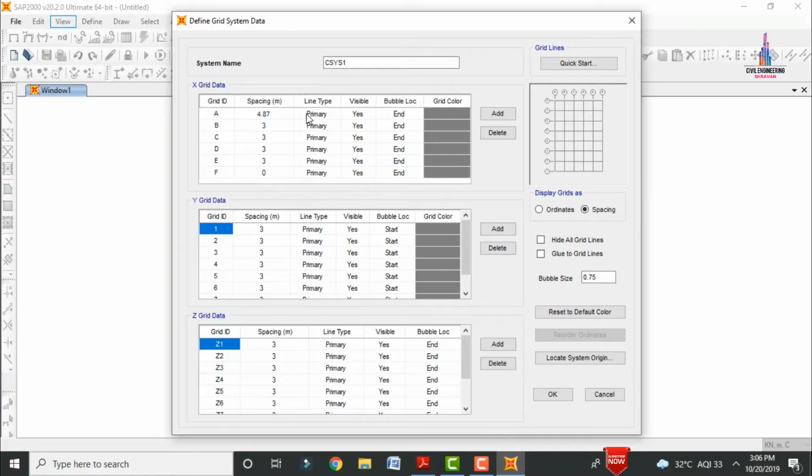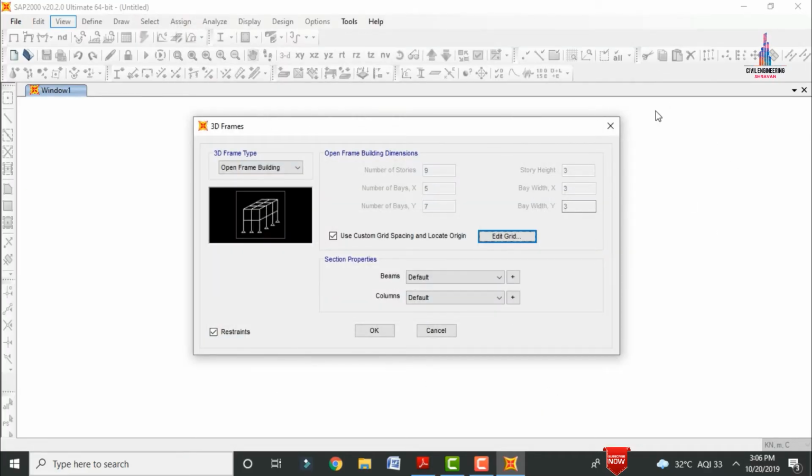The first bay length will be 4.87, the second bay length will be 4, the third one will be 2.36, the fourth one will be 4.65, and the last one will be 4.27. In the same process, in the vertical y direction, 3.86 is the starting distance, 5.03 is the center distance for the second section, 1.75 is the third one, and the fourth one will be 3.086. The next one will be 5.03, and the last one will be approximately 1.73. After that we have to click on the OK option. It will change the dimensions as per the consideration.